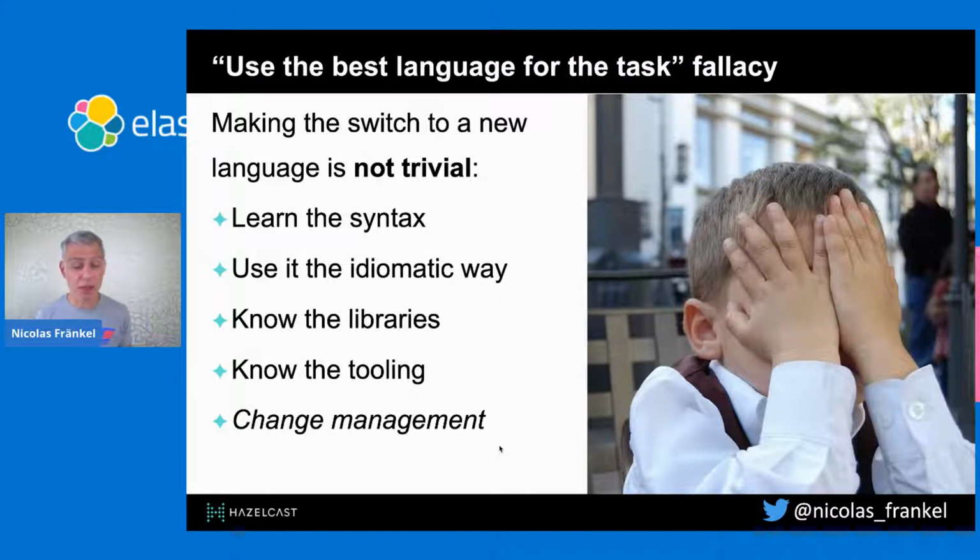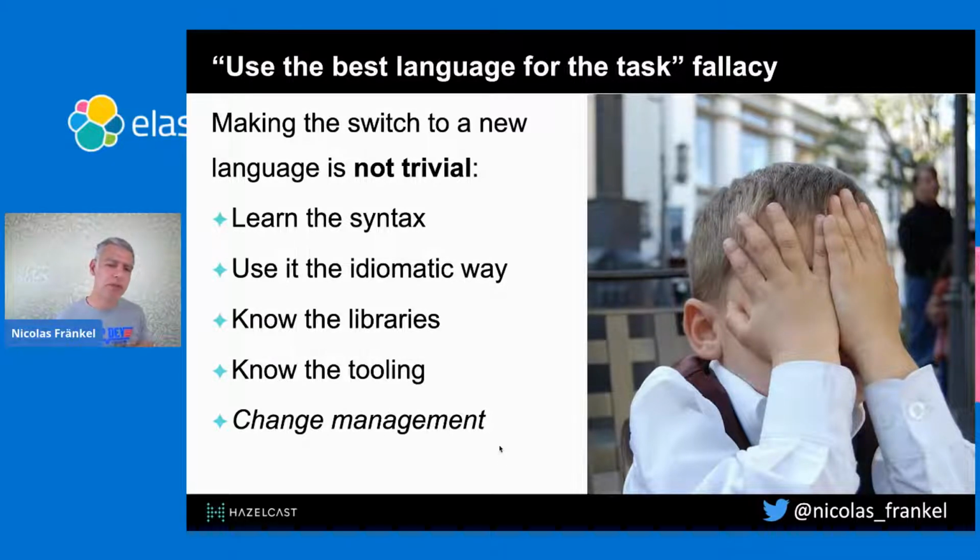So it takes a long time to learn to code the idiomatic way of any language. Then once you arrive there, you probably want to use the libraries, because Python itself is not the best tool for data science. It's just that it happens to have all the libraries that you need. But then you need to learn the libraries, and in some ecosystems, like Java, you've got a couple of libraries just for logging, for dependency injection, and for everything. So you need to choose a stack, and depending on your context, some libraries might be better suited than others.